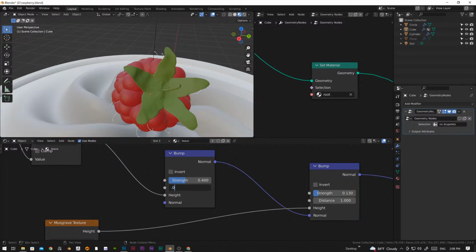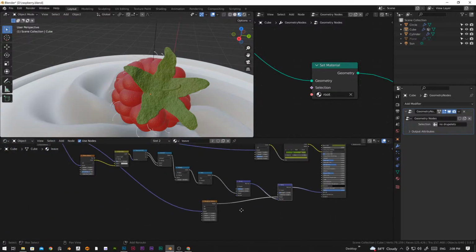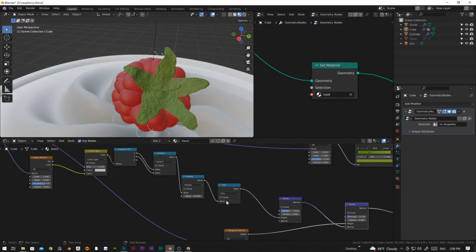Like 0.005. Let's decrease this to be 0.6. We don't want this to be inverted. There is one thing I didn't get right. I think everything is right, but